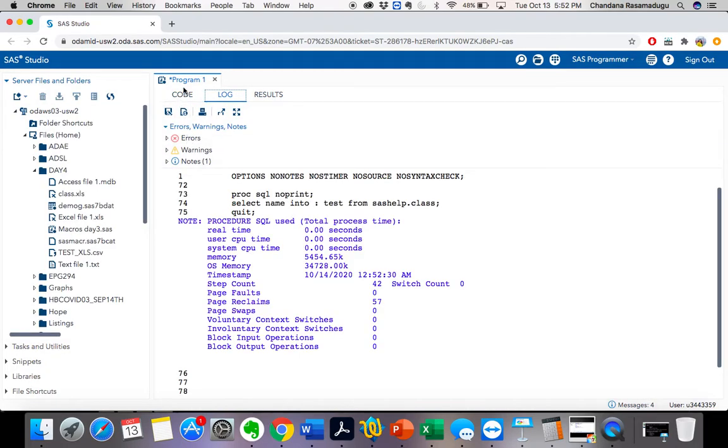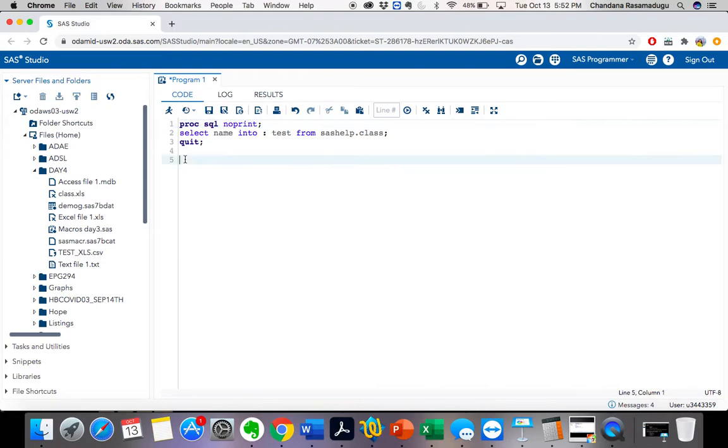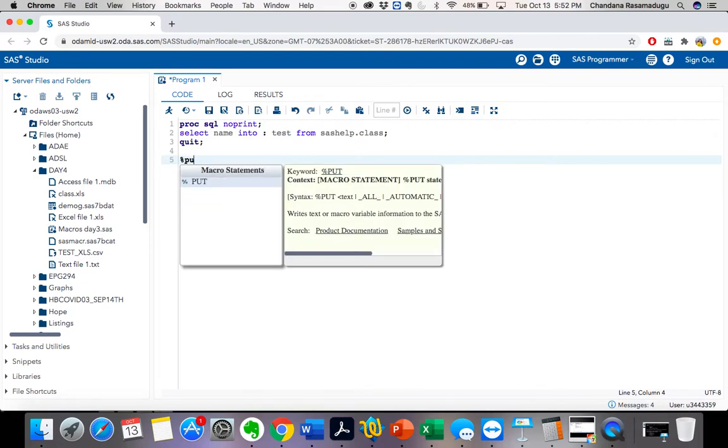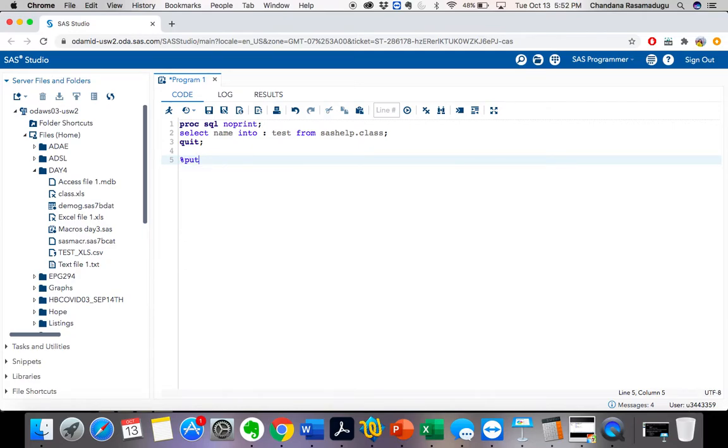Now I have created a macro, and what I want to do is call this macro test. How do we call the macro if I don't want to print the result? Let's give %put. What will this %put do? It writes text or macro variable information to the SAS log. So %put ampersand, what is my macro variable name?